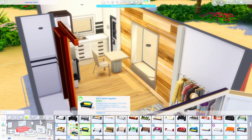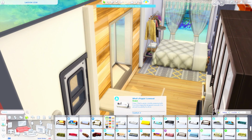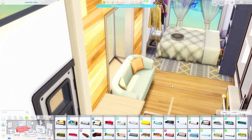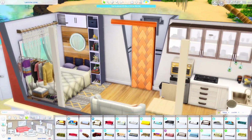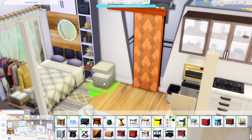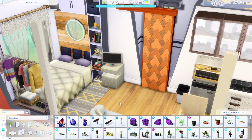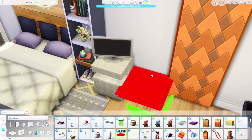You can still cook, you can still sit at the table, you can still use all the appliances and stuff, but you won't see me doing those adjustments to the build because I did them when I had everything finished and when I was playtesting everything. But yeah, right now I'm adding this side table in here on which I add a TV, and when we get back into the build, because we're gonna go to the exterior and then come back, I'm gonna be adding the washing machine and then the TV on top of it,